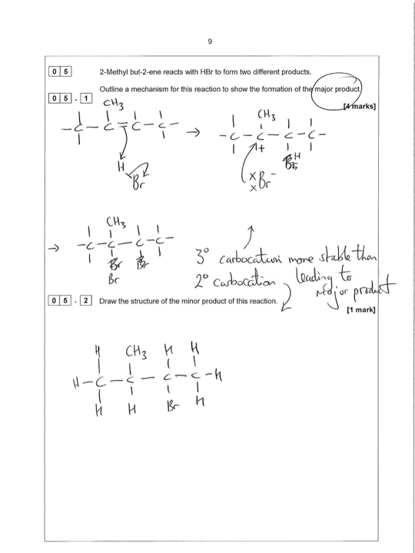Question 5, more organic chemistry. In this case we are going to outline a mechanism for the reaction between 2-methylbutene and hydrogen bromide, and they form two different products, a minor and a major product. Now this depends on the stability of the intermediate carbocation. Now the carbocation we can see is formed here,